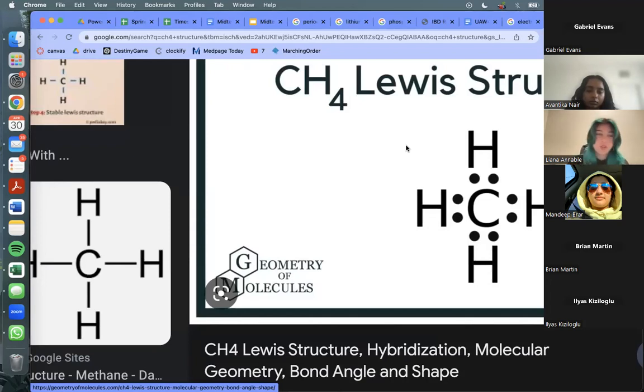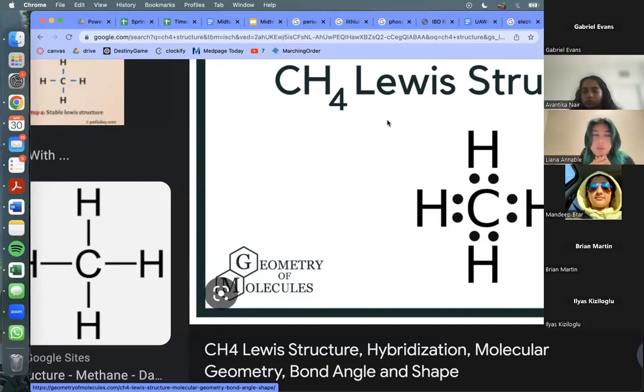Is it symmetrical or non-symmetrical? Yeah, just by looking at it, you can tell it's symmetrical. So symmetry is a huge thing when it comes to molecular polarity,